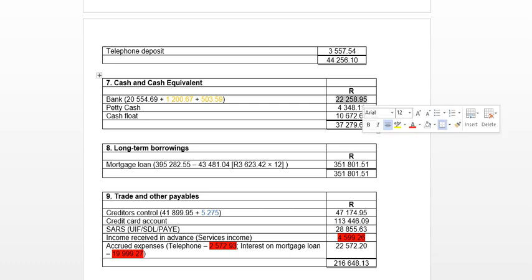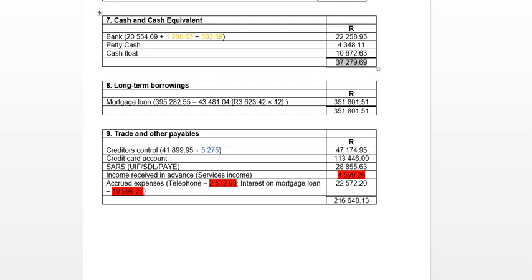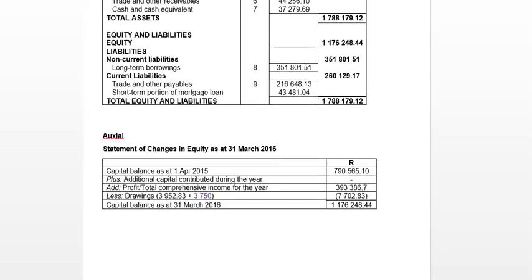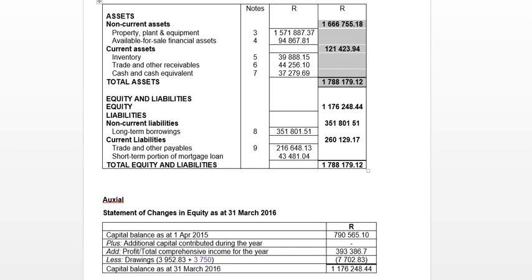So our total bank account is 22,258.95, and then add that to your petty cash and cash float. So our total cash and cash equivalent is 37,279.69 cents. Okay. So if you add all your assets together, then you've got a total assets of